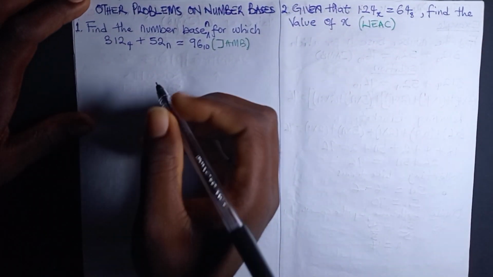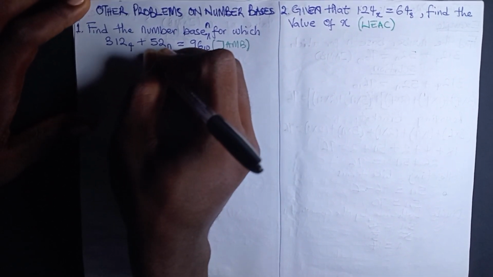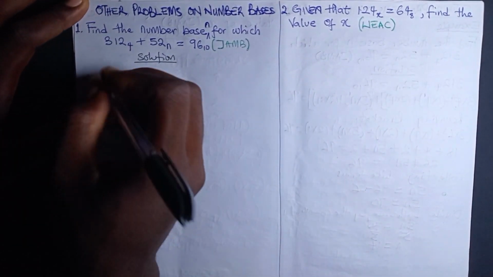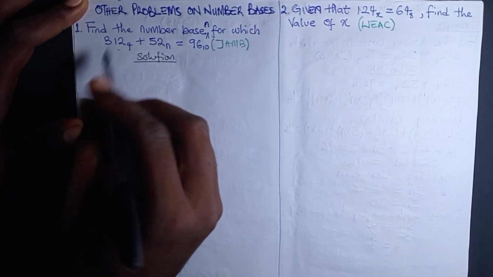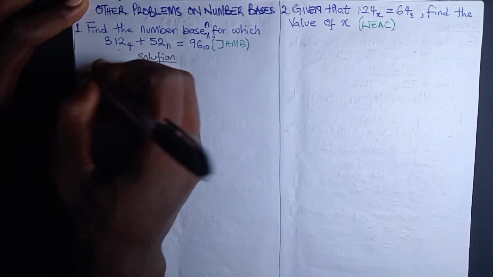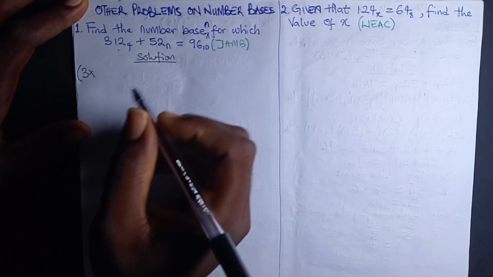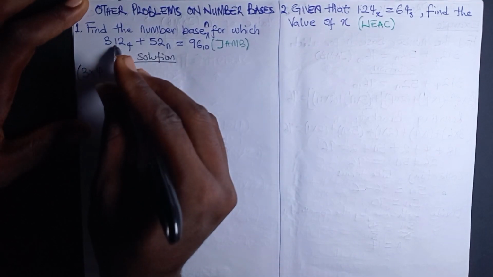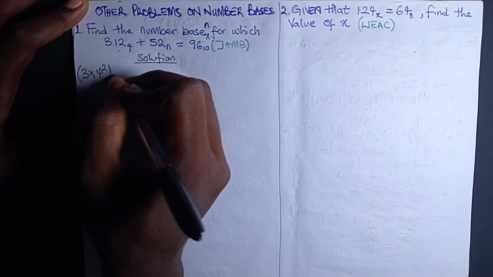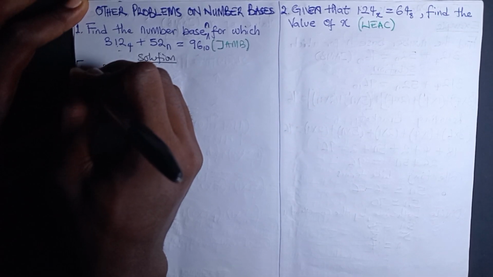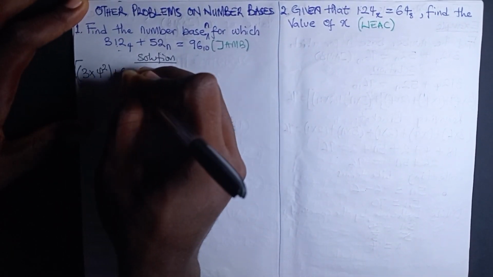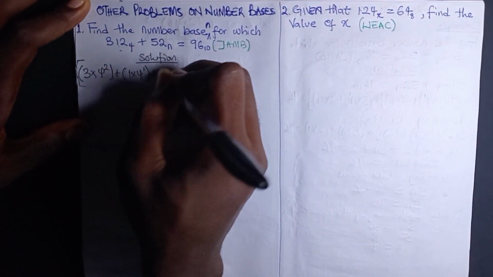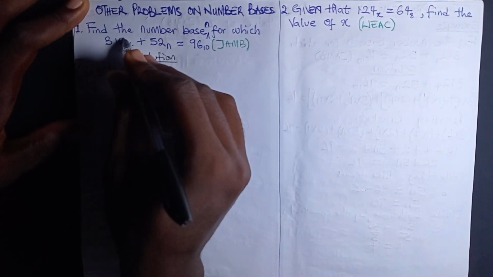Solution. So solving for the left-hand side, you have 3 times 4 raised to the power 2, plus 1 times 4 raised to the power 1, plus 2 times 4 raised to the power 0,